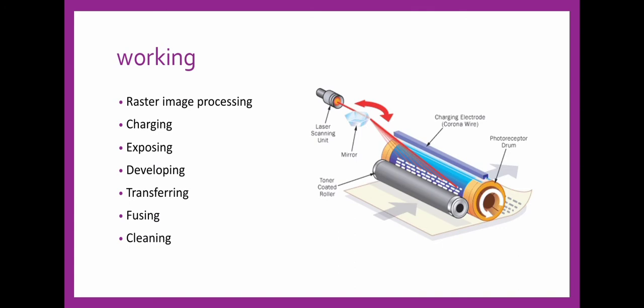Step 1 is image processing. Once you click on the print command on a certain document or image, the computer immediately sends the information to the laser printer's internal memory. Here, the printout data is stored and prepared for processing. Step 2 is charging. The laser printer starts warming up, the corona wire heats up and gets ready to transfer its positive static charge to the metal cylinder drum.